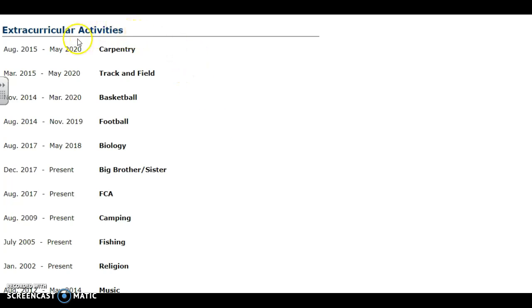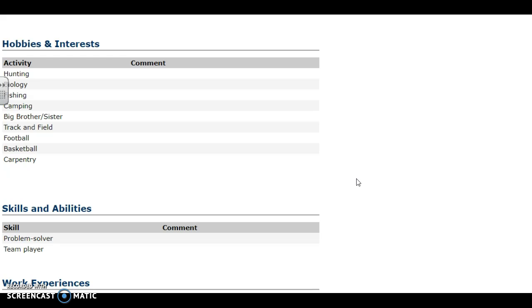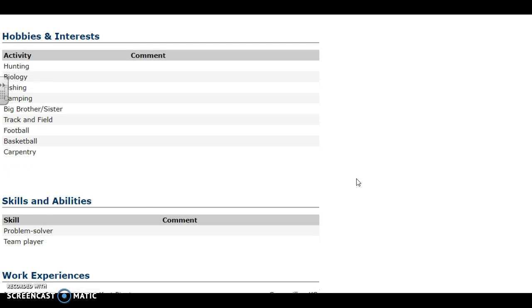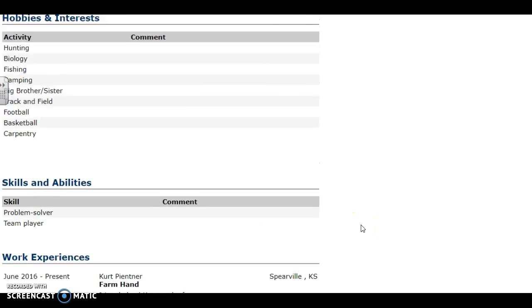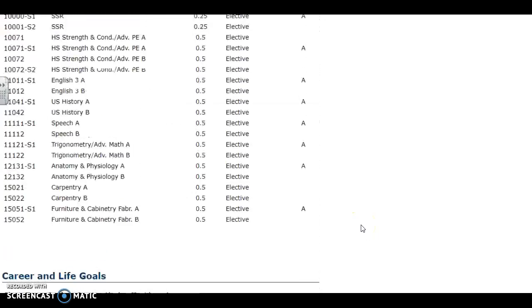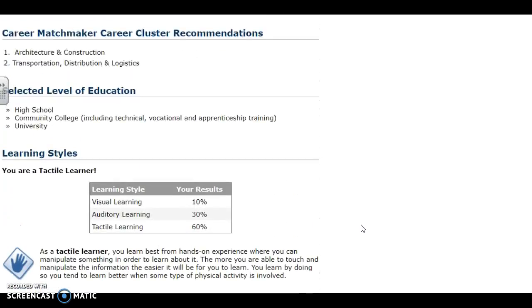And this student has evidently gone into the extracurricular activities and marked down things that he has been a part of, and also gone into hobbies and interests in Career Cruising and listed the things that he enjoys as hobbies or has interest in. He has put information in skills and abilities. He's listed work experience, volunteer experience, and also put in journal entries. So this is a pretty extensive portfolio, and I believe this is the